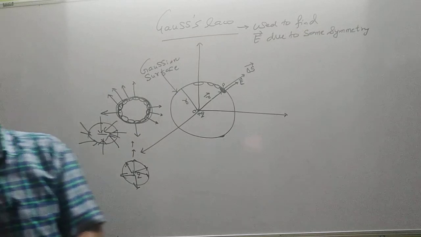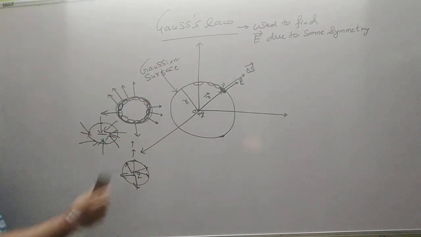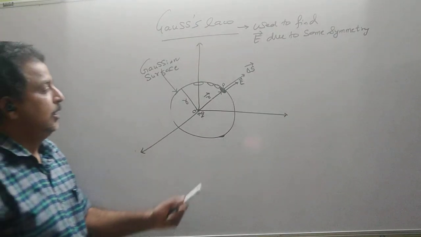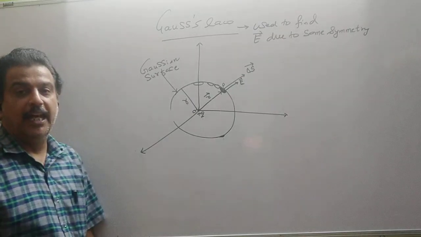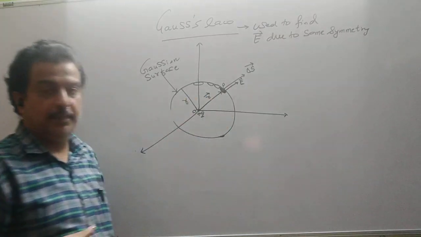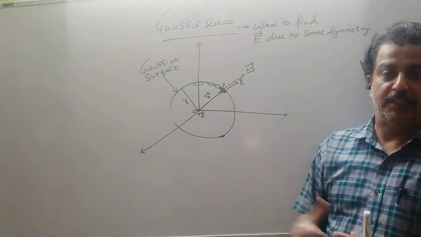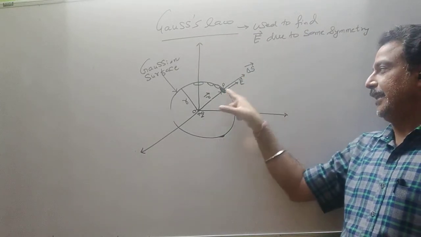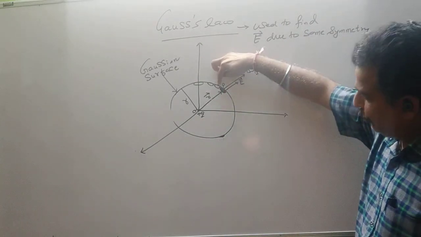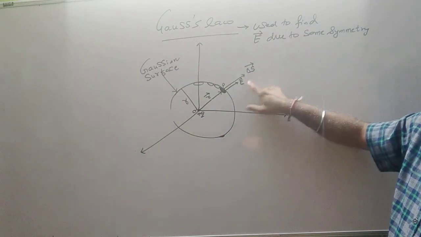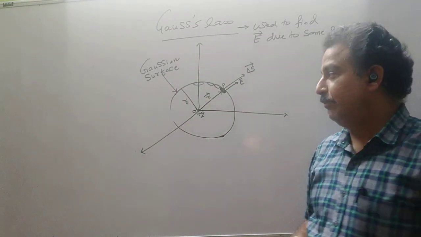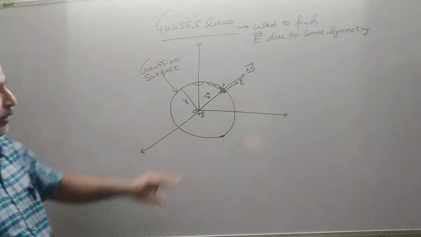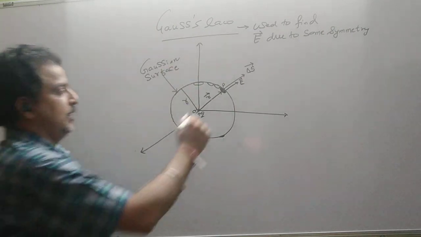So we are going to take the help of the definition of the electric flux at any point. Now let us see what is the electric flux associated with the point P. Flux associated with point P means the number of field lines passing through this area, which is held normal. So if you take any element, E vector and delta S vector will be in the same direction. This is the advantage of this spherical Gaussian surface. Now the flux linked with point P. Now this is a small element.